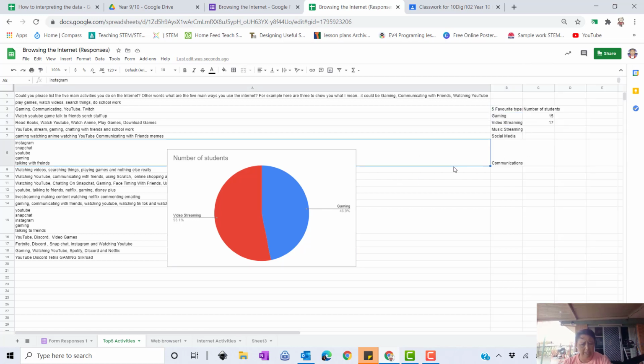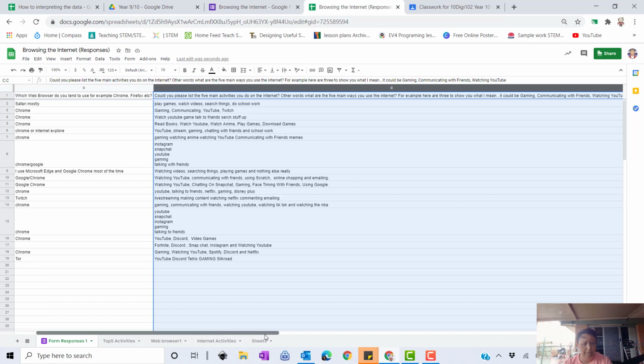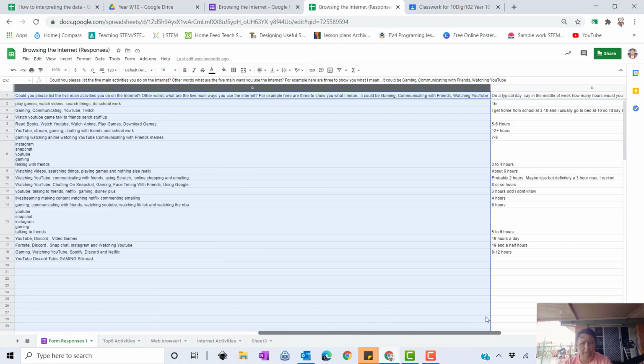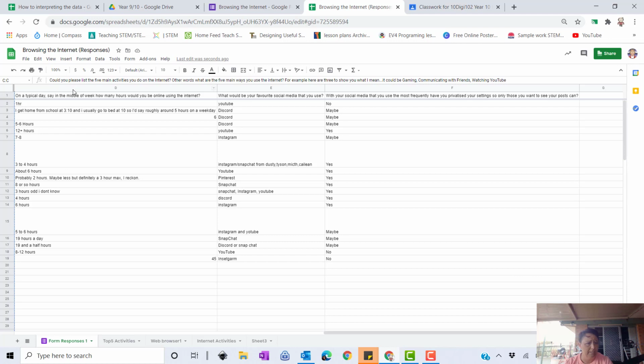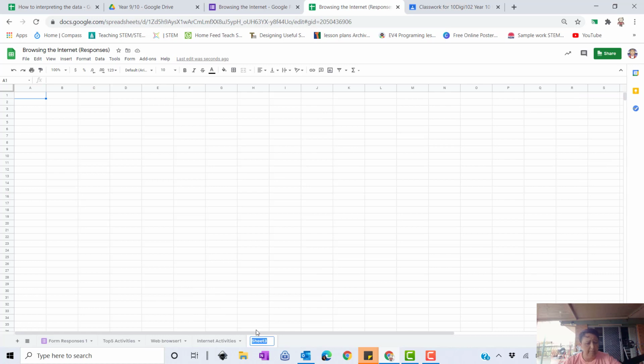I obviously didn't finish it, but that gives you an idea of how to do it. So then you keep going through with the data. You'd go back to your form responses and follow them all the way along. The next question here was how many hours, so you would make another sheet and put hours spent